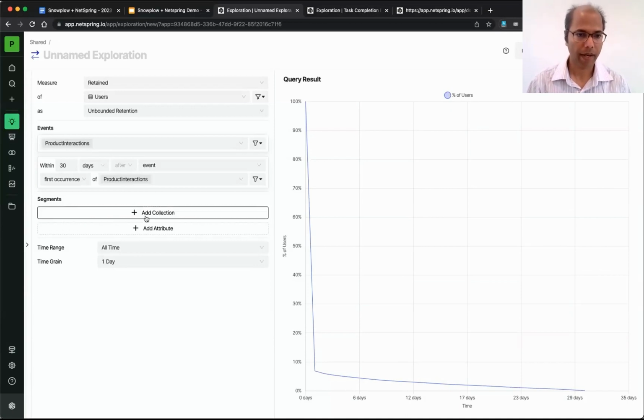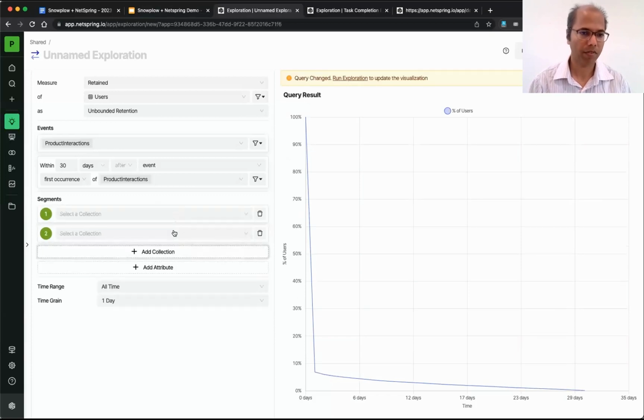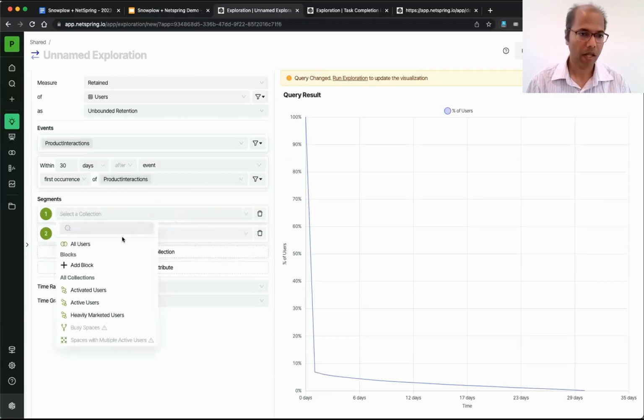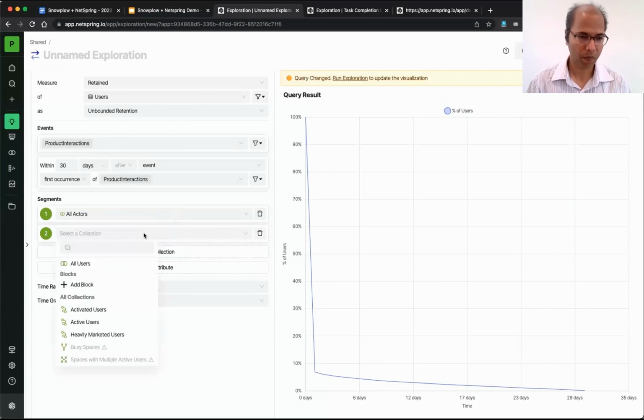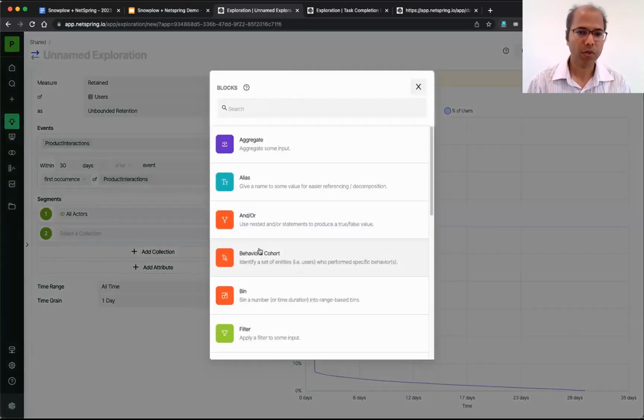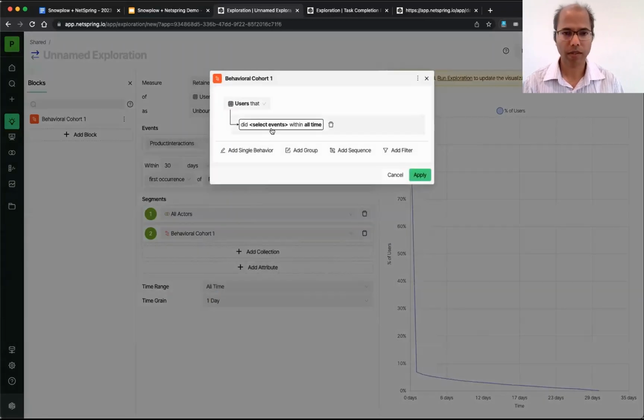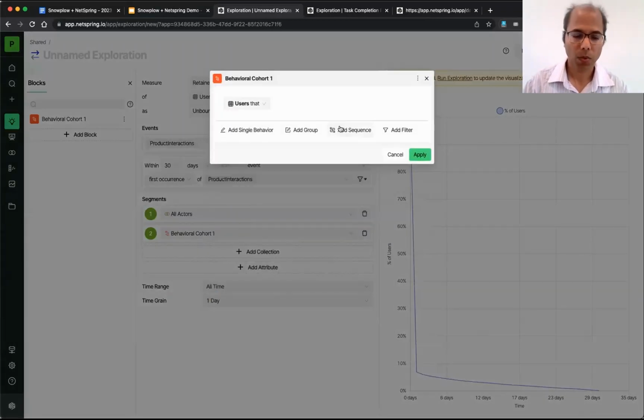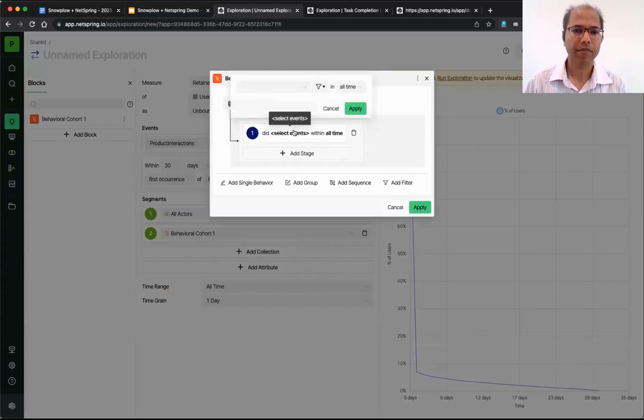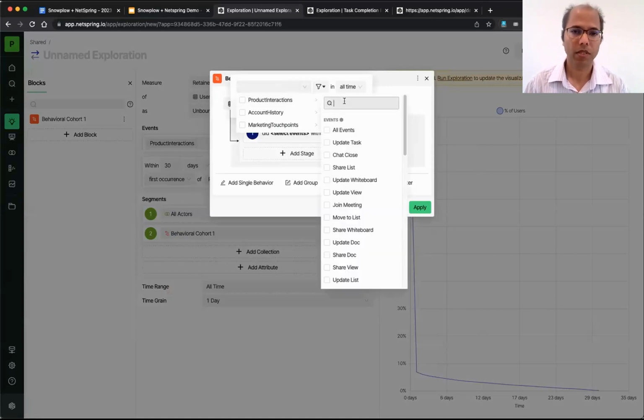So I'll go ahead, and within this segmentation section, I'm going to add a couple of collections as segments. For the baseline, we'll use all users. And for the activated users, I'm just going to define one on the fly here. So let's say we consider a user as activated if they've gone through a certain sequence of events in this productivity tool. So the first